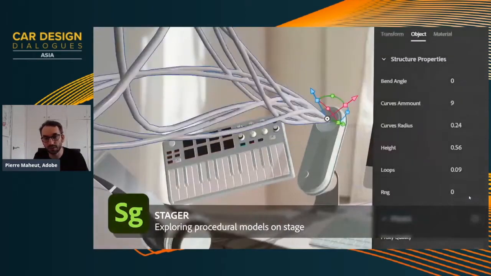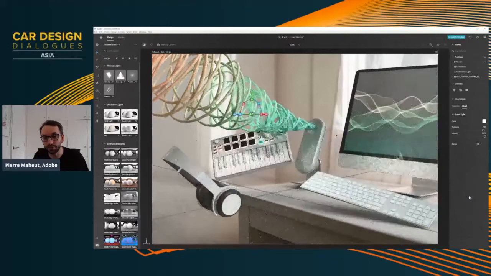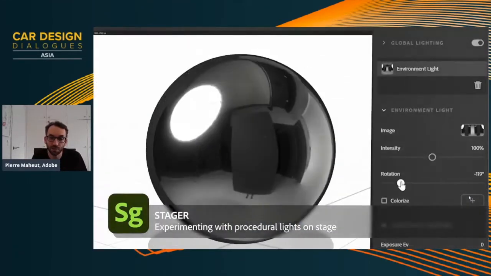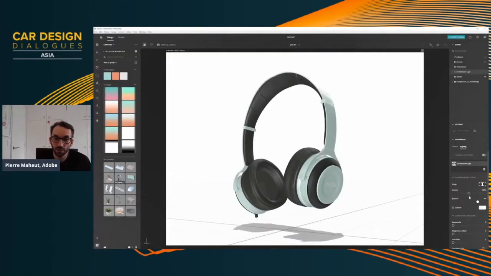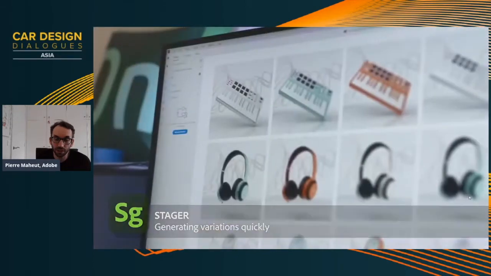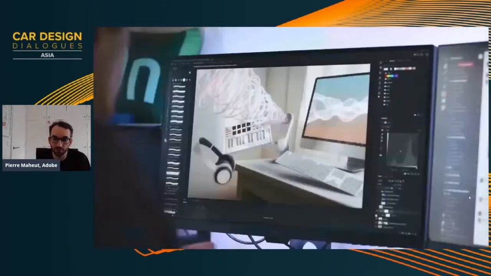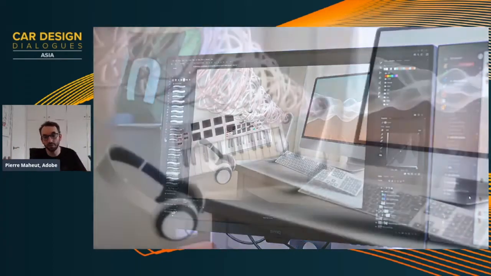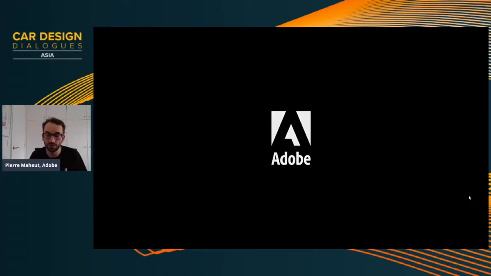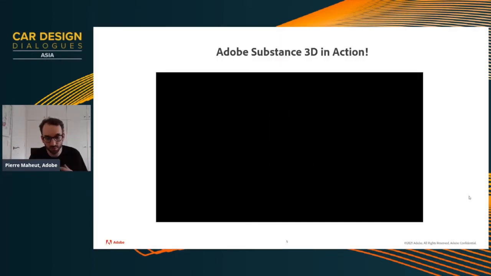And in Substance Designer, you can also generate procedural structures, procedural meshes directly from the tool. So what we've been working on is really having a complementarity across the different tools, including also external tools. So you can also combine it, as you will see, with Unreal, with VRED, with Unity, with 3ds Max, with Maya. Also, the tools can interact very easily with our toolset.